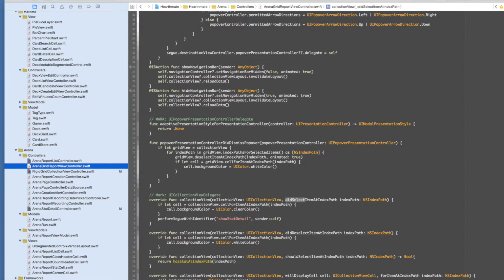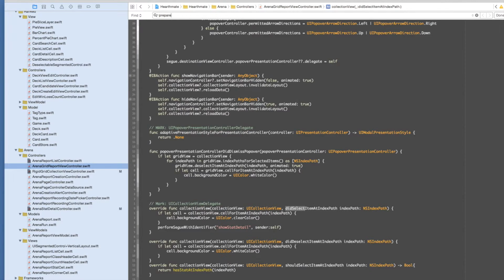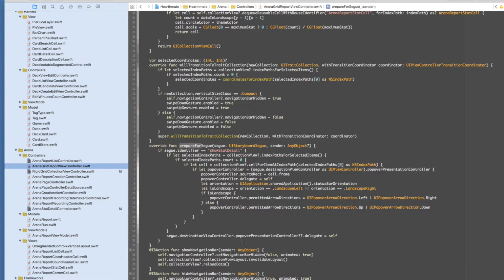We'll have to look for prepare for segue, and here at some point we already have a reference to the destination view controller as view controller. Okay, so